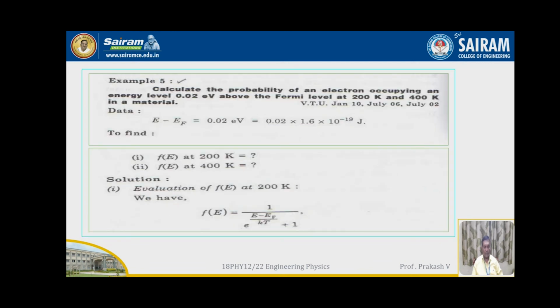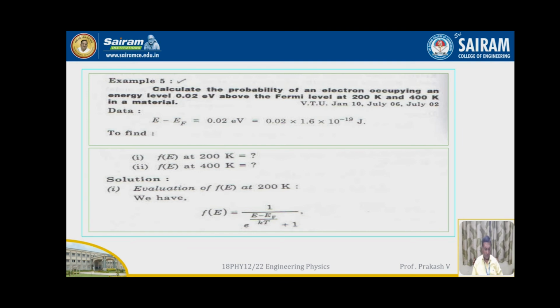Now let us take up example number 5. Calculate the probability of an electron occupying an energy level 0.02 electron volts above the Fermi level at 200 Kelvin and 400 Kelvin. So here the given data states that E minus EF is equal to 0.02 electron volts. If you convert that into joules, that is equal to 0.02 into 1.6 into 10 to the power of